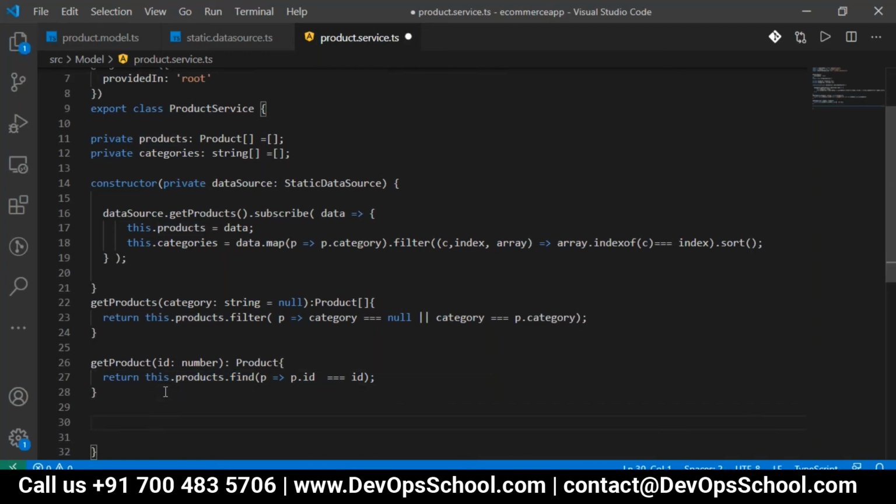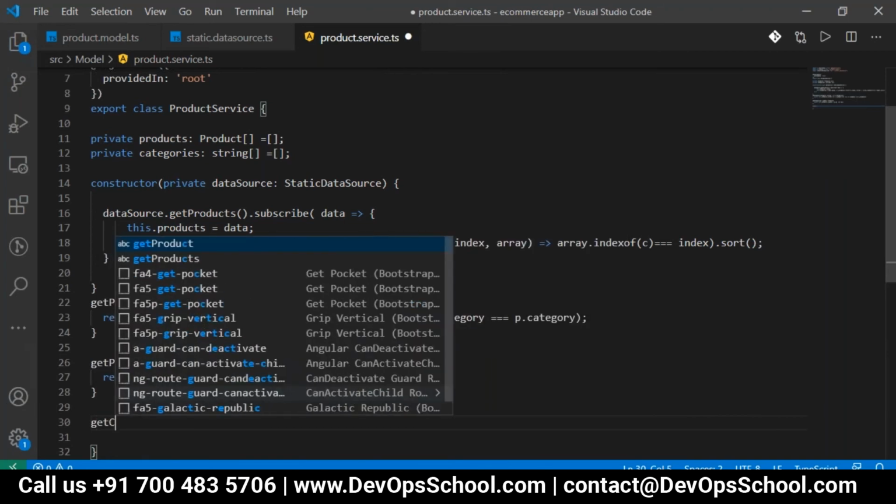So then we want the categories list to be displayed.